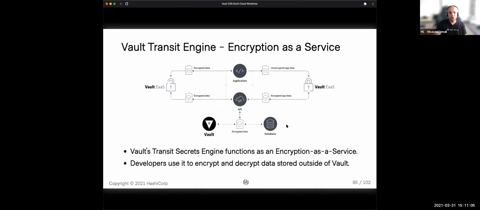The biggest advantage we see is, first of all, we're making it very easy for developers to find ways of protecting data and complying with security requirements. The other thing is developers no longer need to manage the burden of all of the encryption modules. That's all done by Vault, and they just interact with the API.